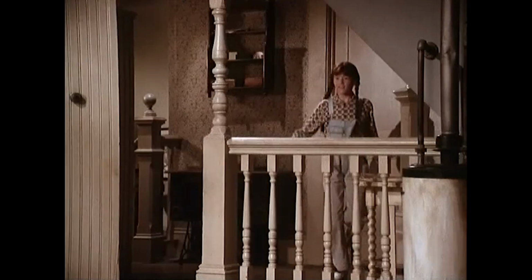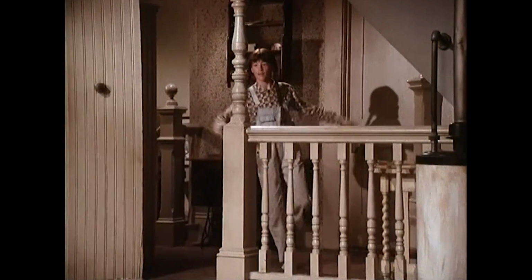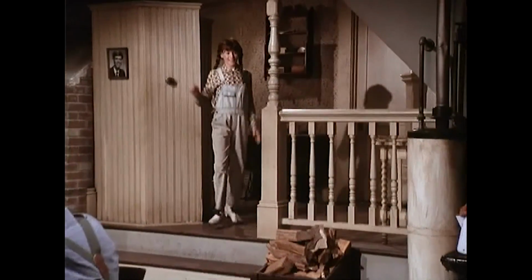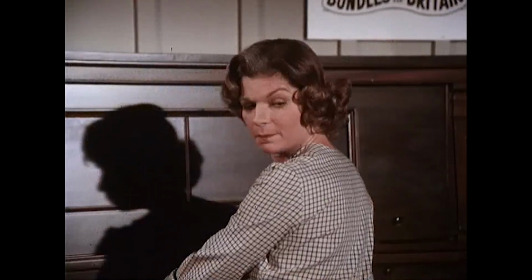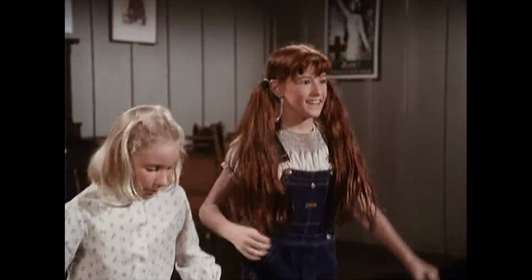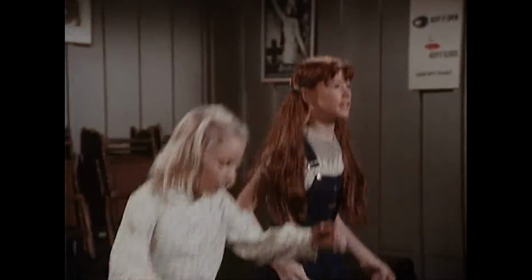So we see Elizabeth tapping her way into the kitchen as she's practicing her taps. And I'm sure that Cammie had to learn to do this little bit of tap dancing for this episode, because I don't think that she had previously done tap dancing. I don't know if Rachel Longaker had any previous tap experience, but I thought the girls did a really good